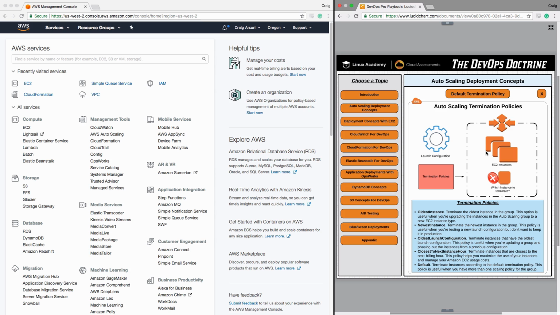And what do auto-scaling groups do? They scale out and then they scale in. So we're talking about our old standards of high availability and elasticity. At some point, we're going to need to terminate instances from our auto-scaling group, and that's where termination policies